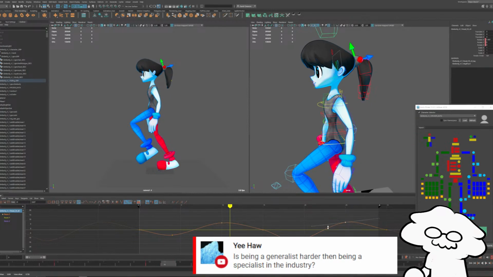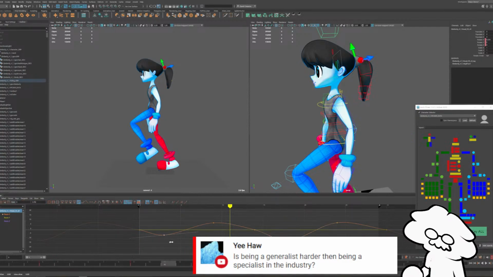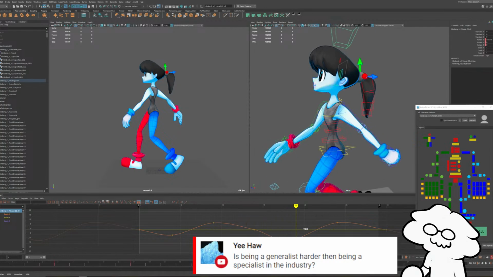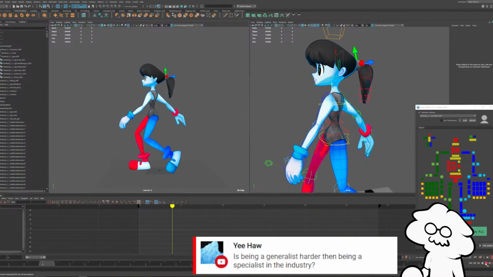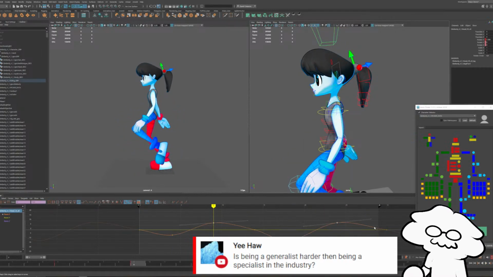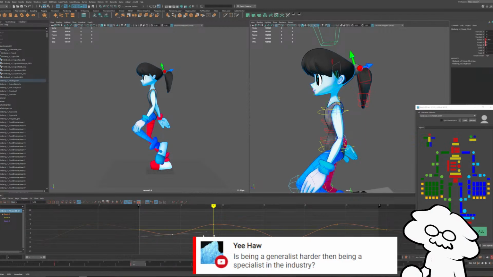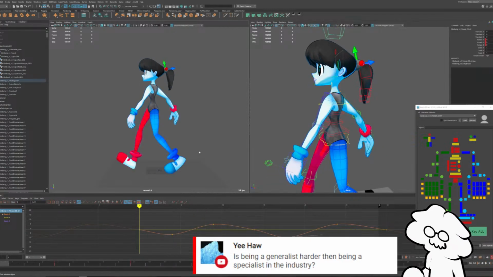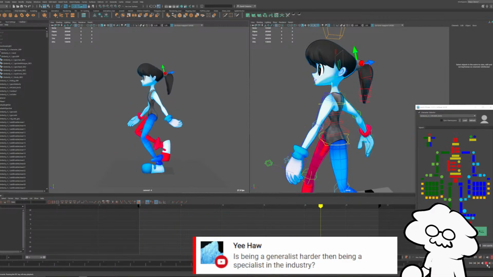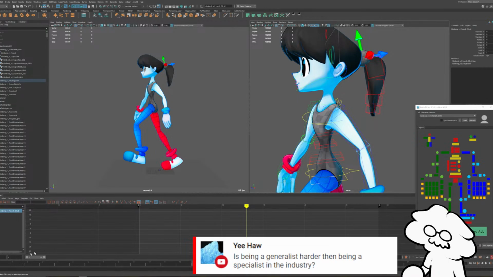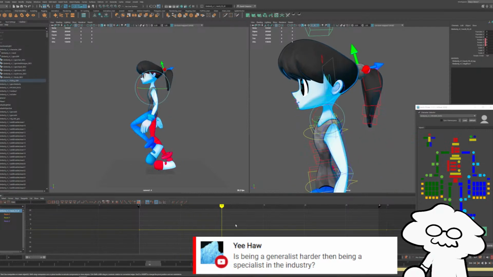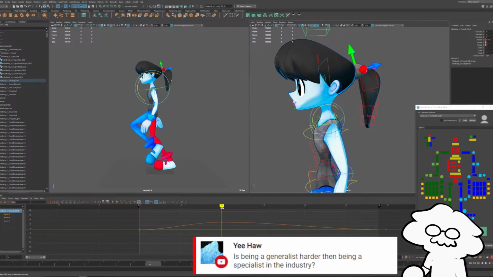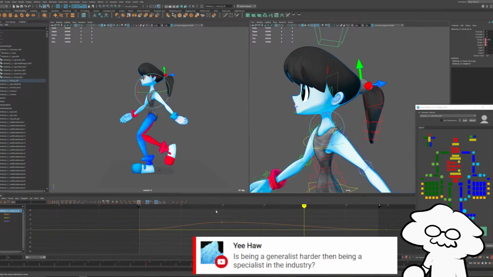Head bobs are maybe a little dramatic, but we'll live with it. Move them over a bit. Something like that. Yeah, a bit too dramatic, I'd say. Let's tone it down a little bit. We just want a little bit of head bob. You don't want it to feel like the neck is too loose. And you know what? Let's also do it to the neck itself. I have a bad habit of not animating necks as much as I should, honestly. But let's just do a little bit, just so it affects the position of her head.